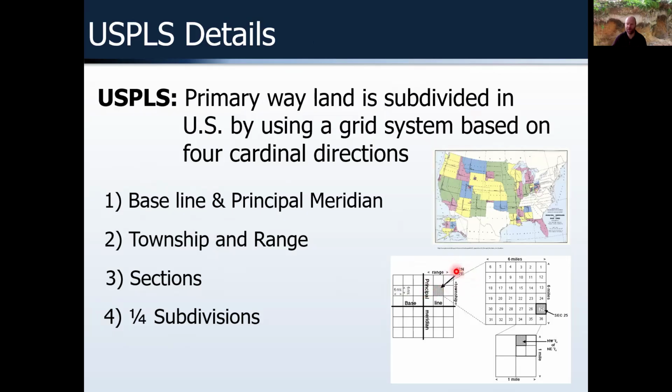And so that grid is Township 2 north and range 2 east. Within each township and range, it's subdivided into 36 1-mile square sections. So each subdivision is exactly 6 square miles within a township and range, containing 36 square sections. And then within a section, you can move down into sequentially smaller quarter subdivisions, where there's only up to 3